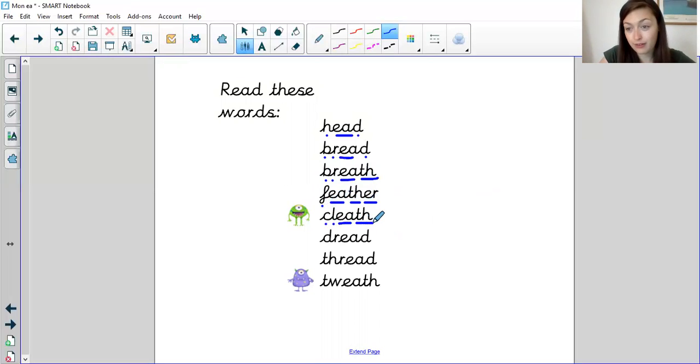Fed, clef. What about this word? Dread. So if you dread something, you're really nervous or you're really scared about doing it. What about this word? Thread. So when we do our textiles in DT at school, we might use a thread that we thread through a needle and then we can sew. And finally, our last alien word, remember,